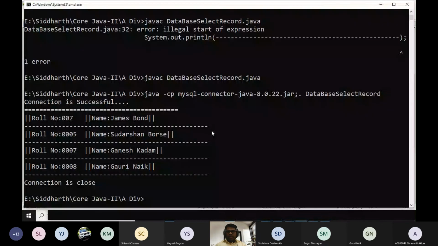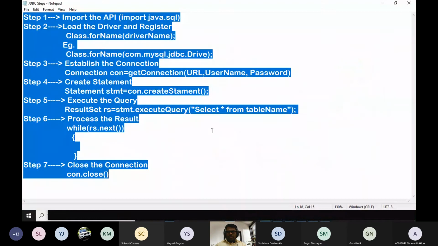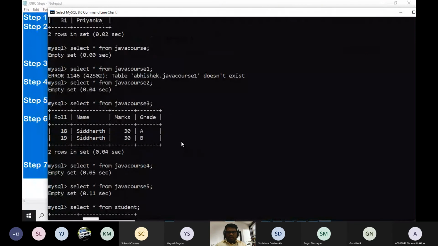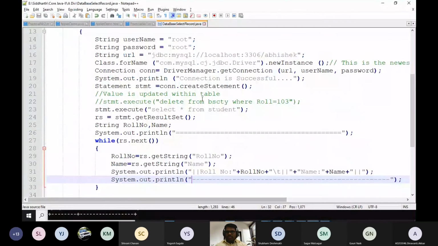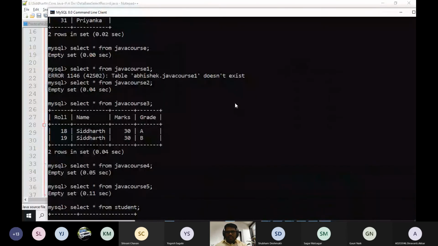Now you want to check a different table name. In MySQL here the table name is javacourse3. Within that there are certain values. So you need to use that table name. Instead of student, we just change it to javacourse3. Now here so many